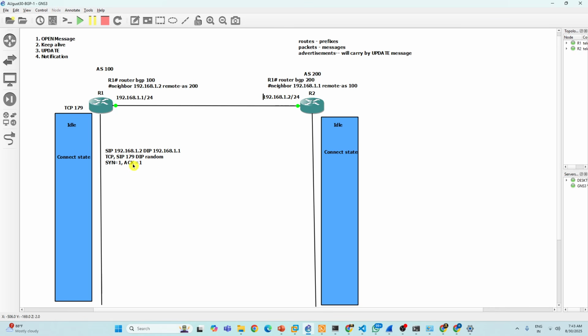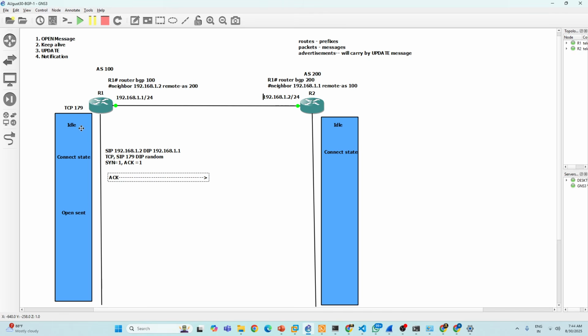Once it has received SYN-ACK, it means whatever SYN segment I sent, R2 has acknowledged it. So immediately R1 will send an acknowledgement packet to R2, and then quickly move to which state? Open Sent state.